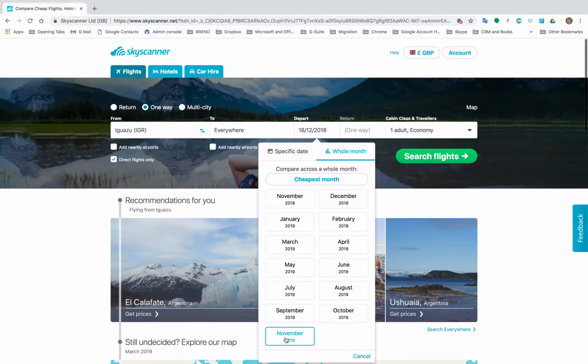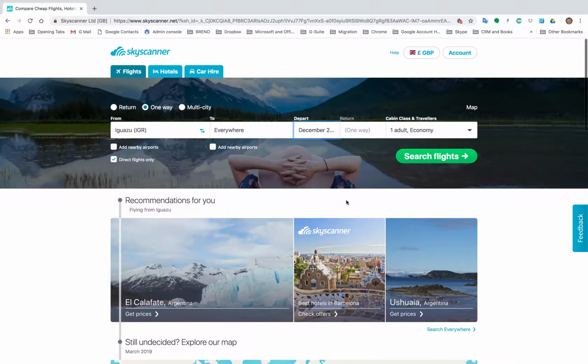As the guests are traveling next November, I could go there, but I happen to know in Argentina that they don't release flights that early, although it might be for August. But why don't we just try December, since it's going to be the same year ahead? At least at this stage, it gives us an idea. And then I take direct flights. What do I get from that? I basically get all the destinations globally where you can fly to from IGR.